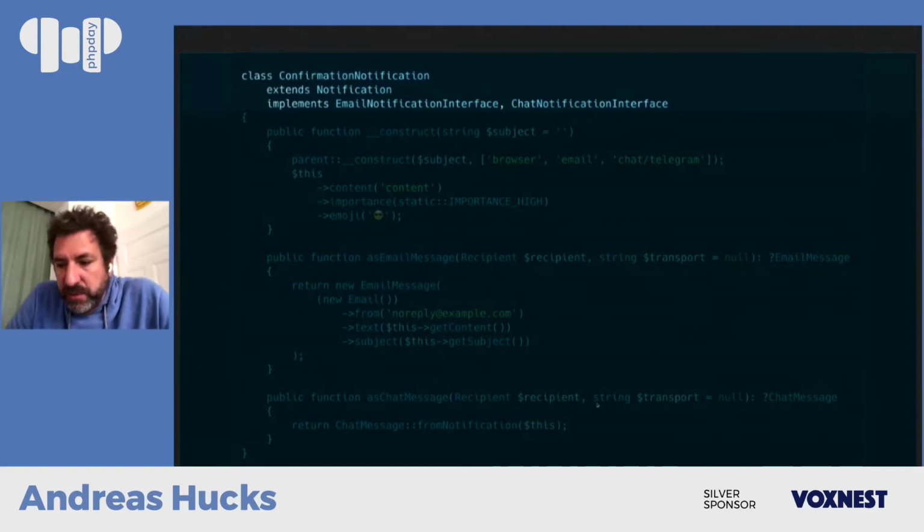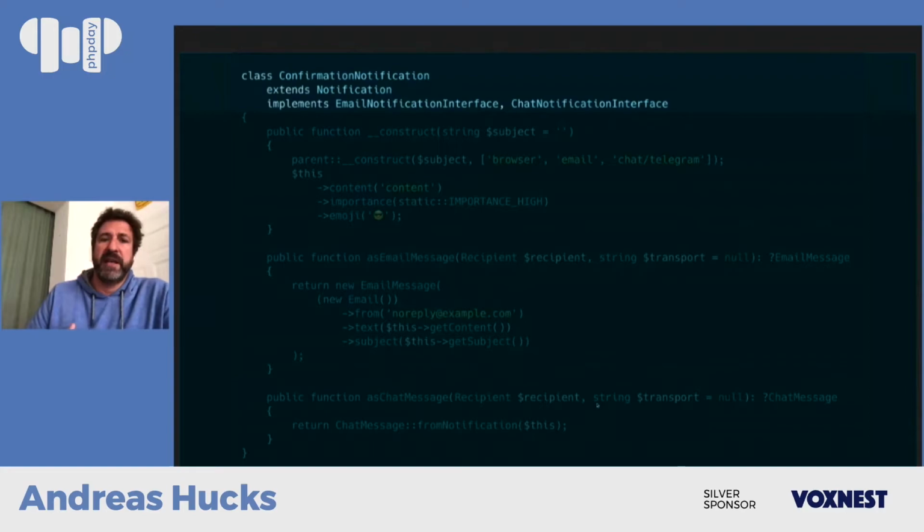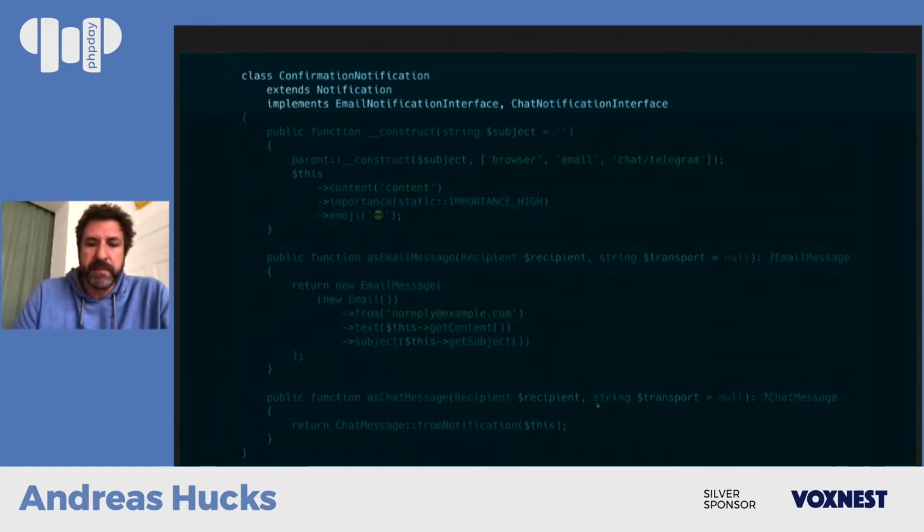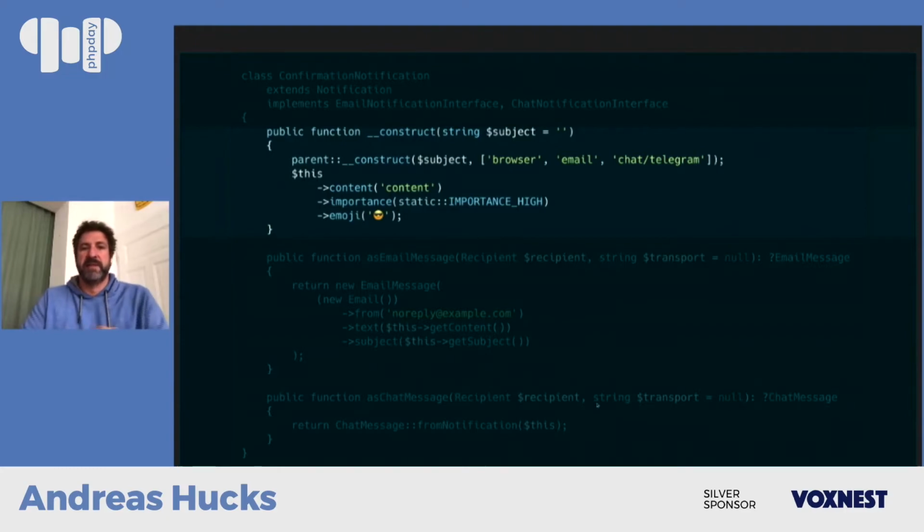and what you can then do, in practice, like these were the interfaces and how they work. What you would do in practice probably is create your own notifications that implement all of these features and are then ready to use. So you get rid of all of these format-specific method calls like as SMS message and so on. In this example, it's a confirmation notification, I've called this, and we want to be able to send this as email notification and as a chat notification. So we extend that base notification, implement these interfaces, and then all we have to do when we use that in our actual application